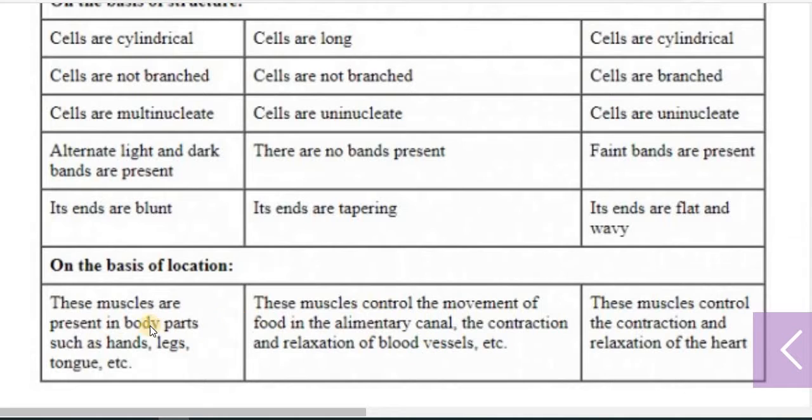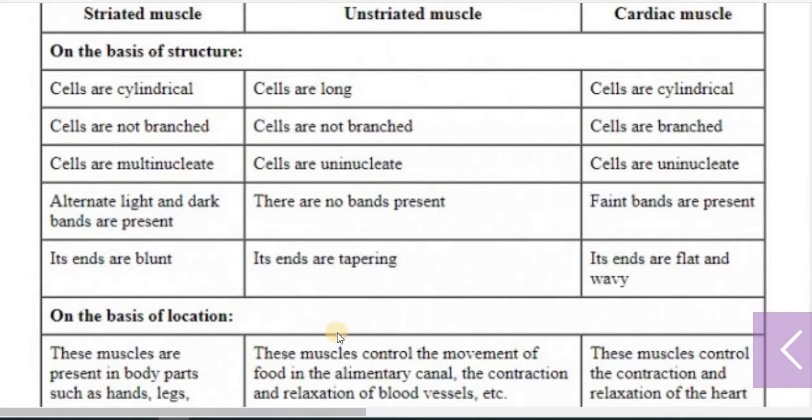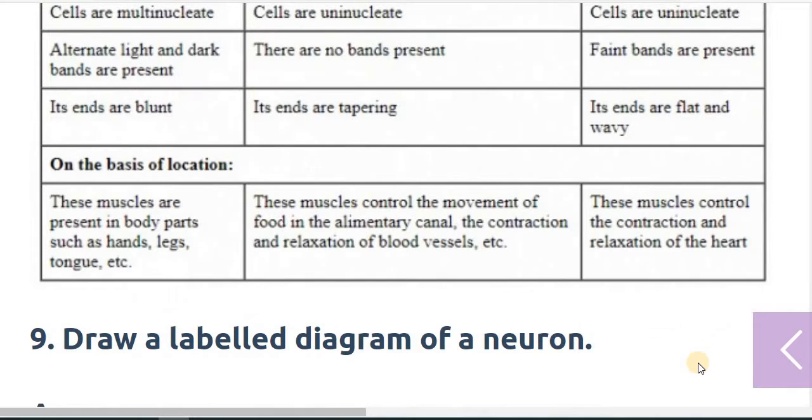On the basis of location, the striated muscles are generally present in our body parts such as the hands, legs, and tongue, whereas unstriated muscles control the movement of food in the alimentary canal and the contraction and relaxation of the blood vessels, whereas cardiac muscle controls the contraction and relaxation of the